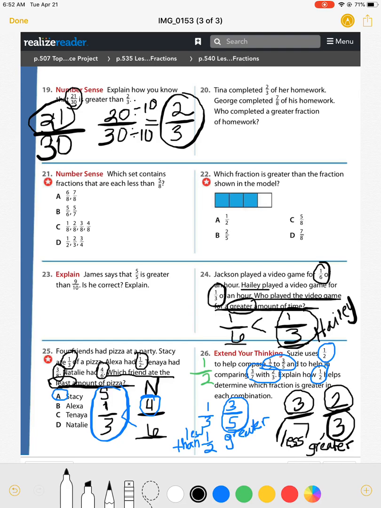All right, guys, I want you to independently complete 20, 21, 22, and 23. Keep up the good work. If you have any questions,